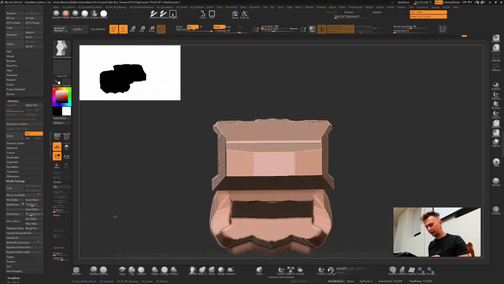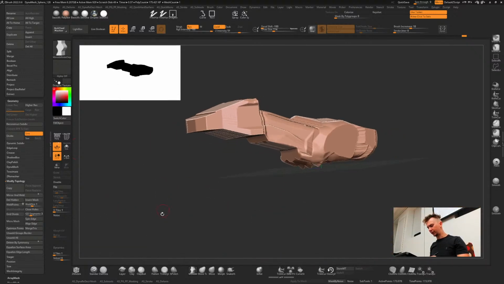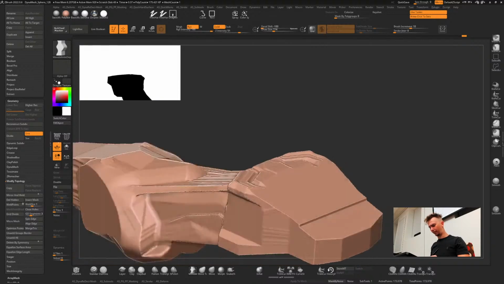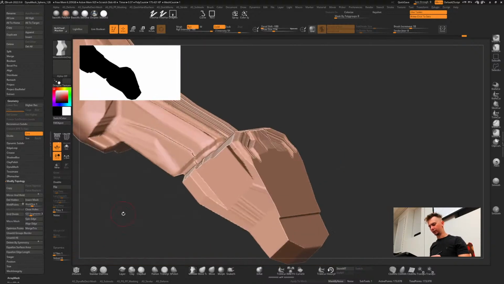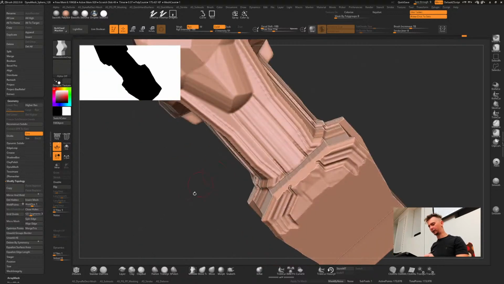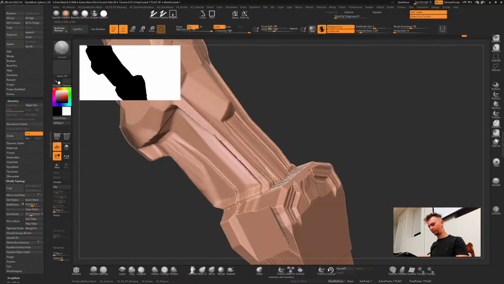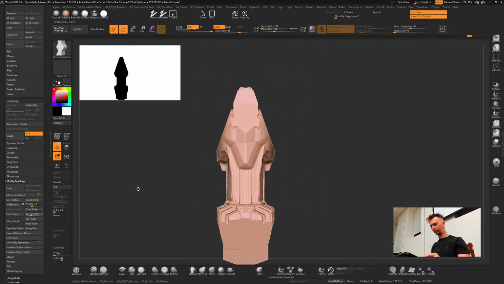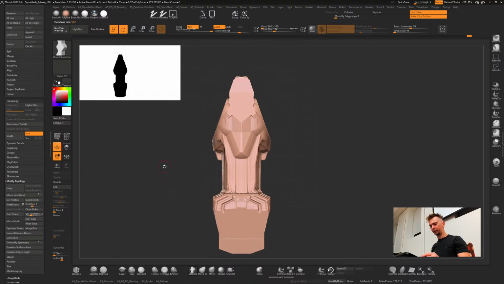It helps to have a nice matte cap when doing stuff like that, especially hard surface designs, because you want to look at the highlights of the form that you're creating. So I'm still trying to figure out the overall shape. There's no plan for this.